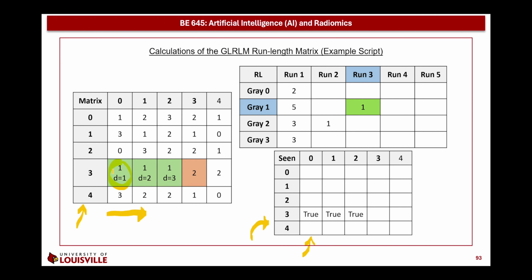So we are at one gray level. We will check the next level. It's 1, so we will increment the counter to be 2 and check the next one. It's equal to 1, which is equal to our current pixel, so we will increment the count to be 3. Then we will check the next pixel, which is not 1, so we will stop. So the count here is 3, so the run length matrix will go to field 1 and run of 3